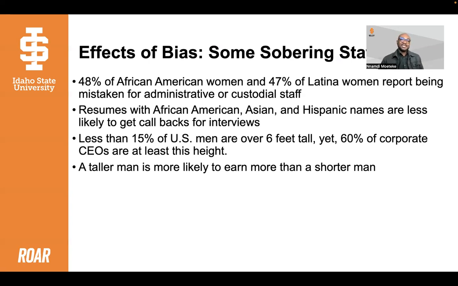Here's one about height and weight. Less than 15% of US men are over 6 feet tall, yet 60% of corporate CEOs are at least this height. And a taller man is more likely to earn more than a shorter man. This demonstrates that height bias definitely exists, along with accompanying vertical privilege. That vertical privilege is often associated with leadership, though only 15% of the population meets that criteria. It goes to show you how biases and stereotypes can unconsciously affect opportunity access for the minoritized groups within the